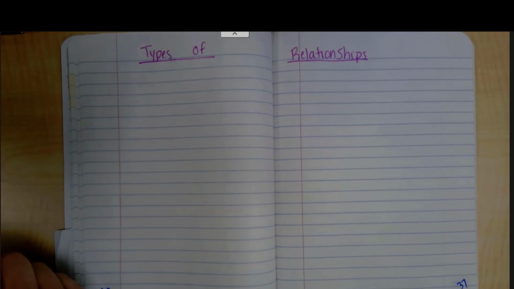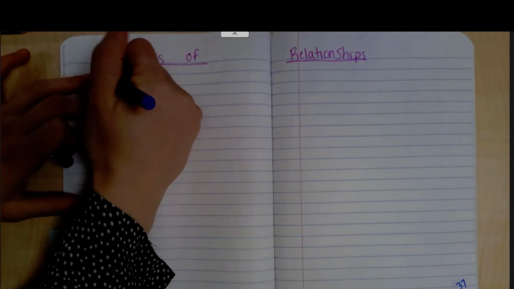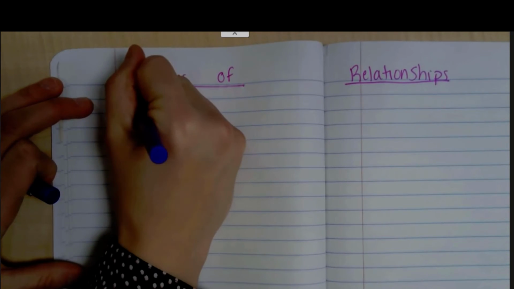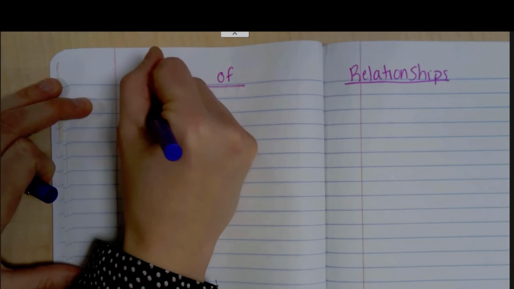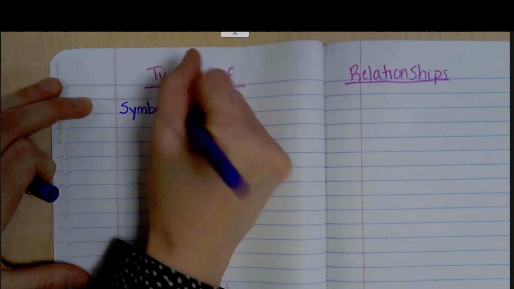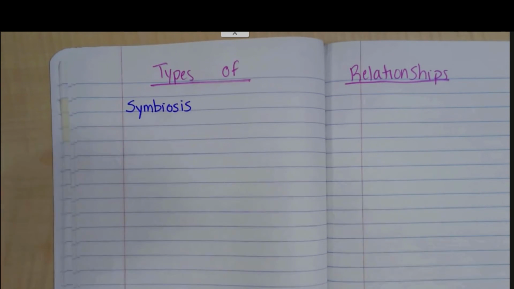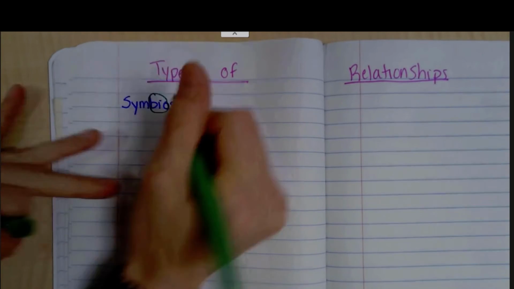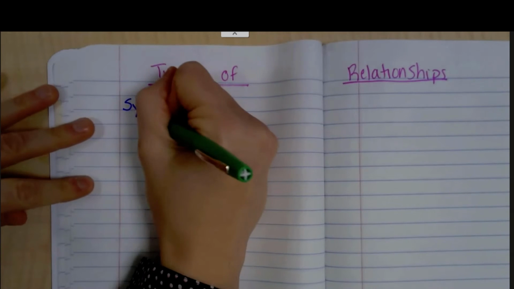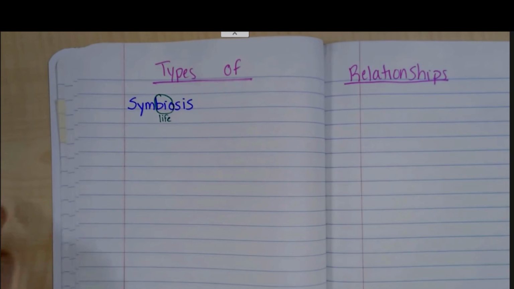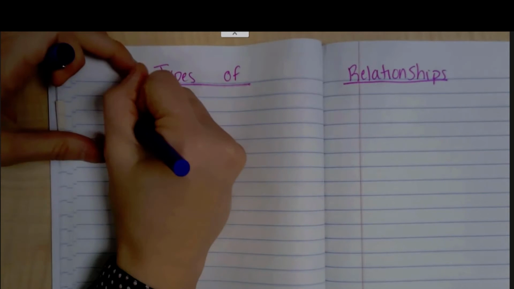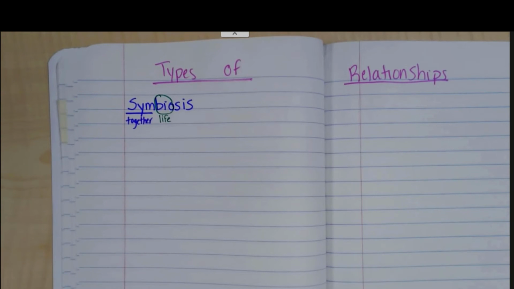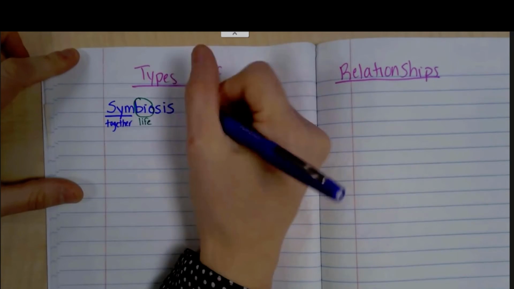And so when we're talking about symbiosis, I'll zoom in for you a little bit. Symbiosis. And so when we're talking about symbiosis, you might see some words in there that look kind of familiar, hopefully. The word bio, or prefix, suffix, we know that that word means life or living. However, sym means together. So literally, symbiosis means life together or living together.